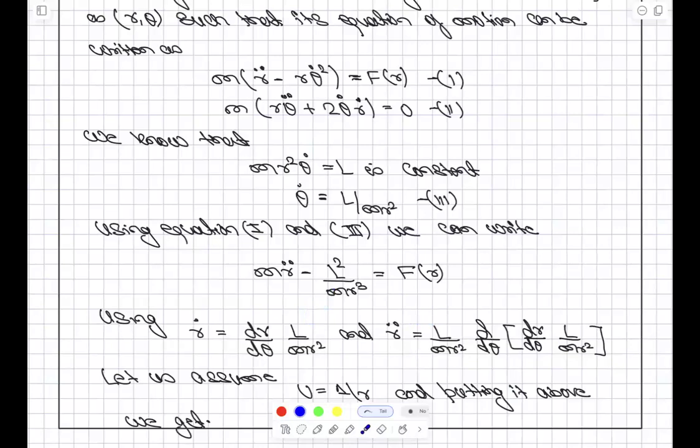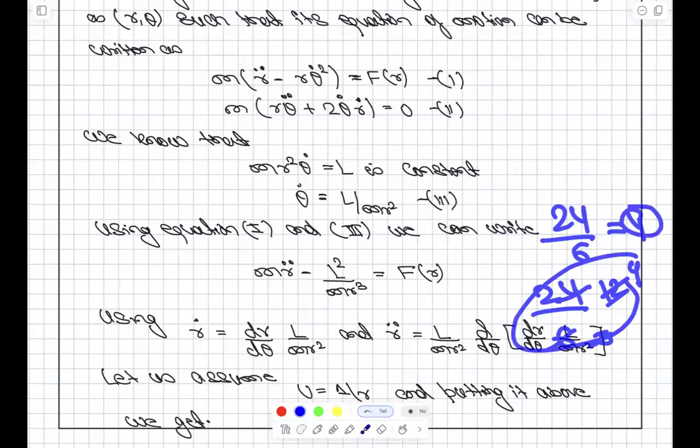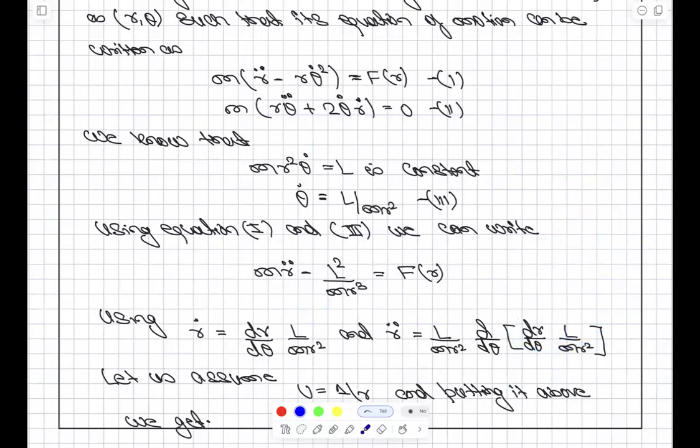वो हमारी मैथमेटिकल अंडरस्टैंडिंग नहीं है इसलिए लिखते हैं। जैसे मान लो मैं बोलूं कि 24/6, you can write 4 and you can write 24/6, 2 से काटेंगे 12, 2 से काटेंगे 3, 3 से काटेंगे 4। This depends upon how fast you can do the mathematical calculation in your head. ठीक है, तो ये यही बता रहा है कि m r double dot निकालना था तो r dot ये होगा,